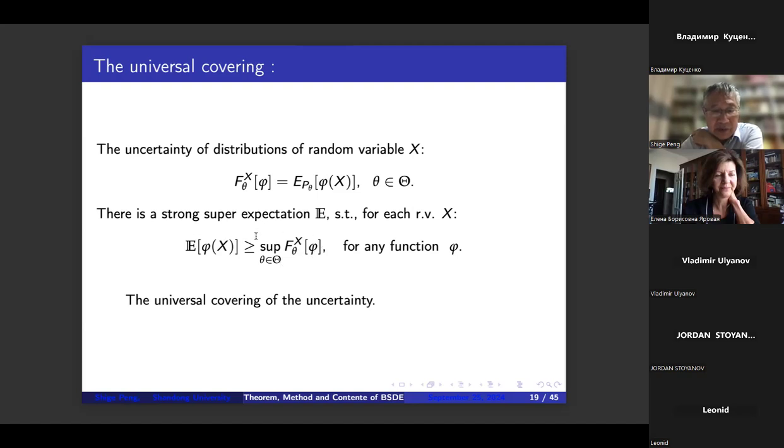We use this universal covering to study the case